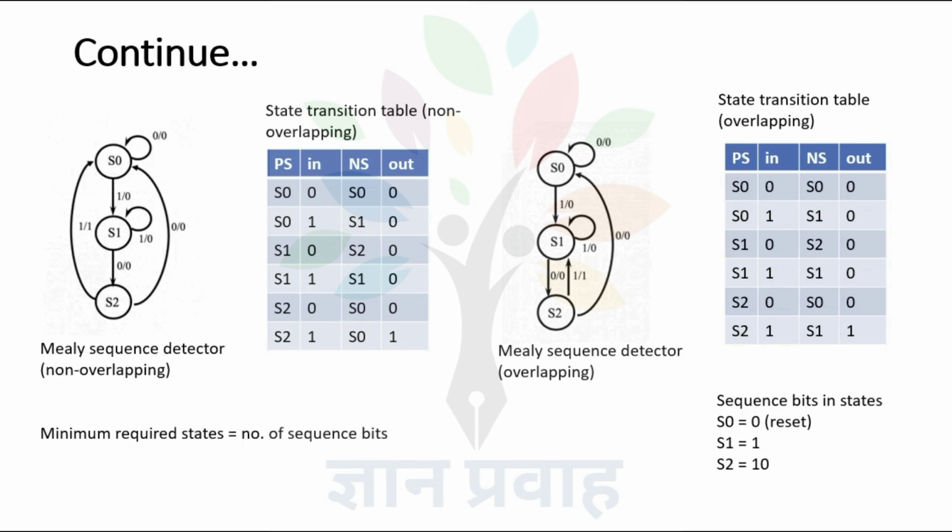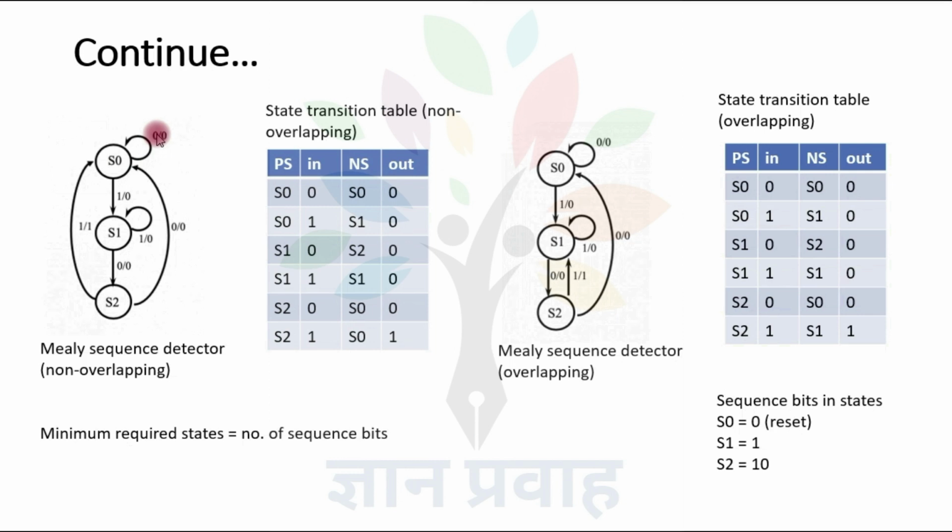S0 is the initial state or reset state. So this state diagram shows Mealy sequence detection for the non-overlapping method. These values are showing input/output. So at state S0, that is the reset state or initial state, when the input is logic 0, then the desired